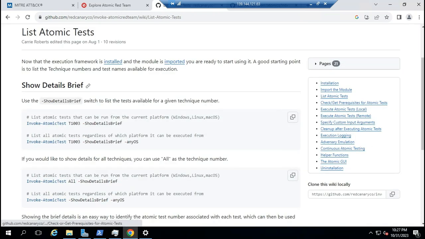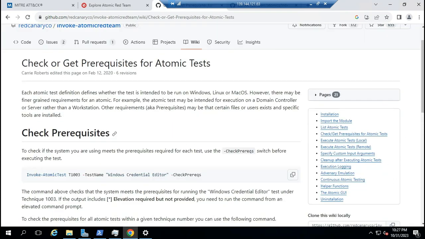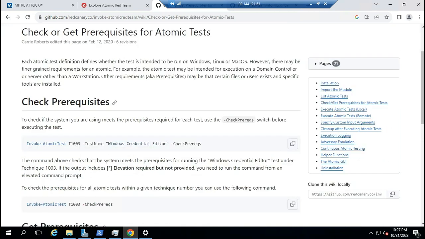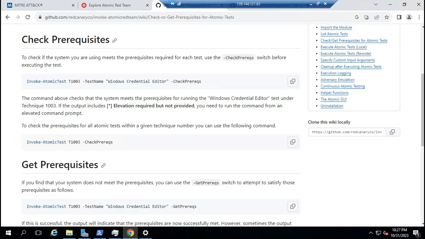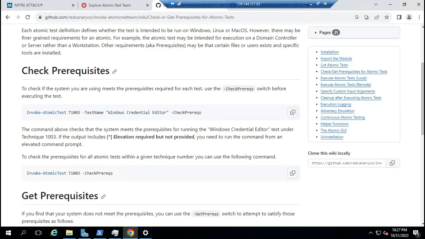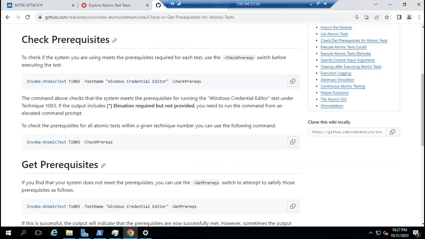And then maybe we check prerequisites. So this is to check the requirements to run the atomic test. Okay, we just check the requirement like this. Check.